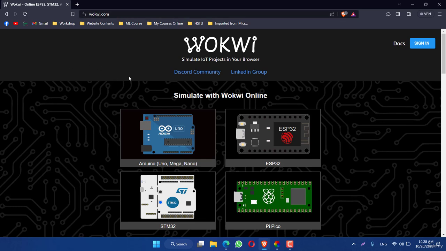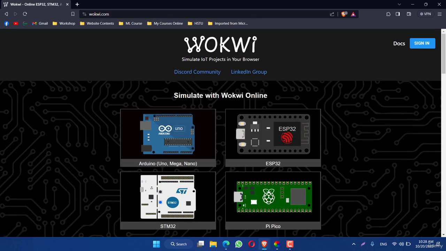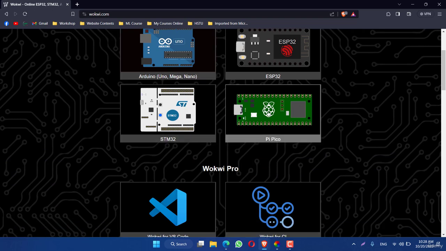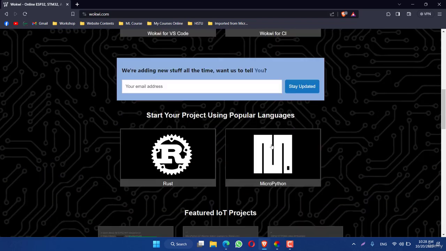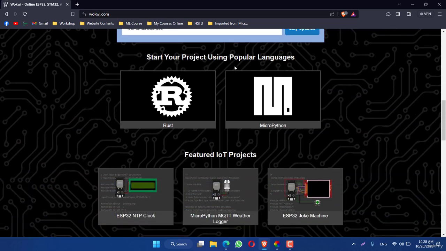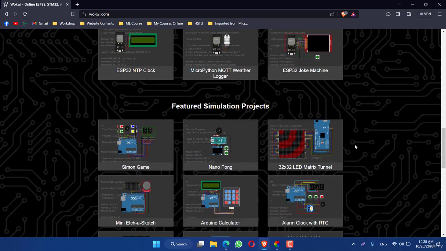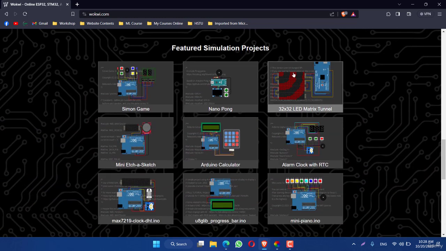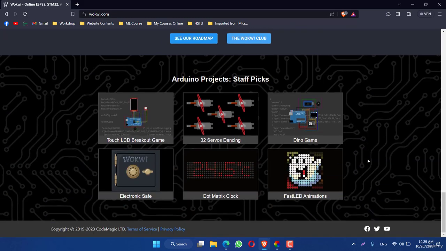First of all, when you land on this page, it might look like this. Here, first of all, they have simulated with Wokwi Online. They have given us some basic Arduino boards and Raspberry Pi boards. Then they have Wokwi Pro, which would need a subscription. And then we have featured IoT projects, so they also support IoT features for simulation. They have some built-in projects for you to get started. So finally,